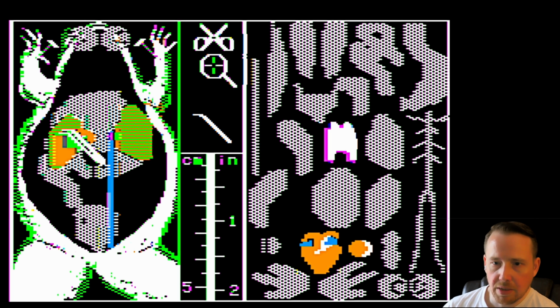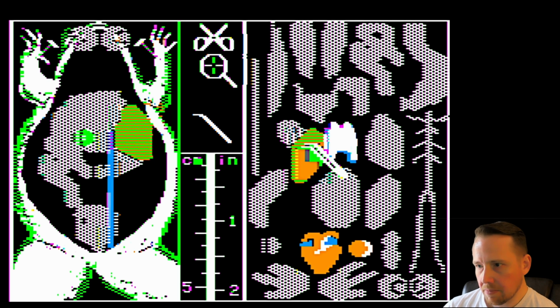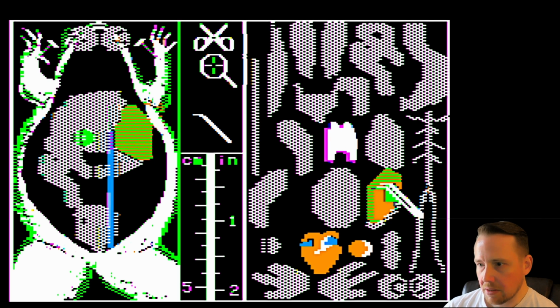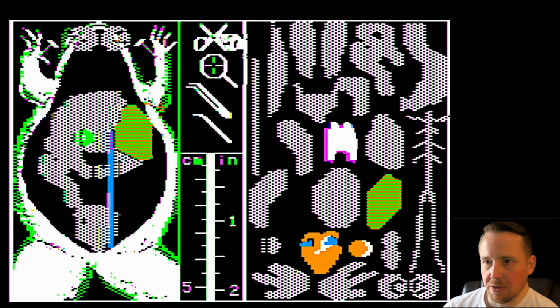And I guess we can disassemble it out of order as long as we're close enough that we can remove the organs. Right there. That's going to tell me R, I'm going to guess. It's H. We're just going to keep on snipping here, I guess. Just going to keep removing organs until the game tells us otherwise. Spamming my snips. There we go.